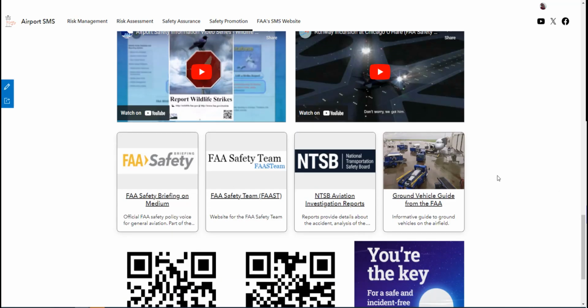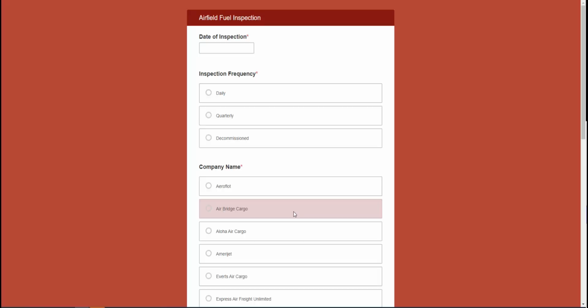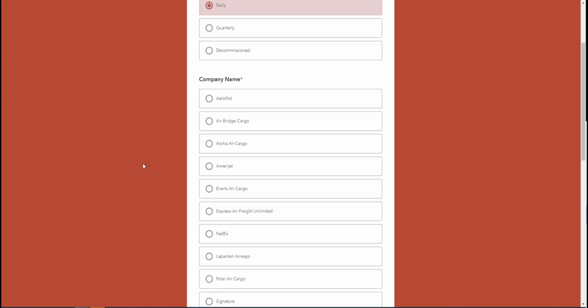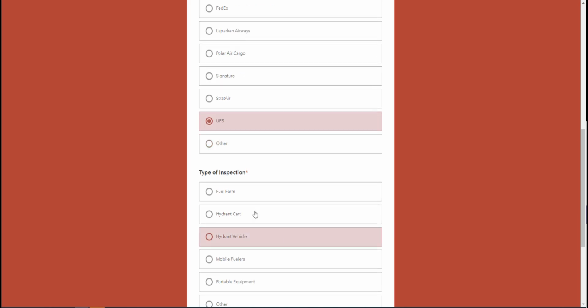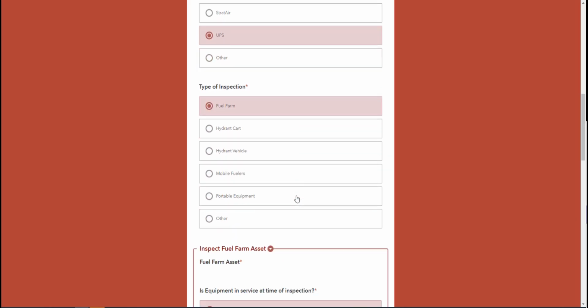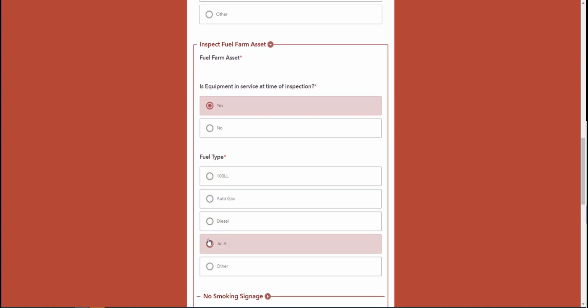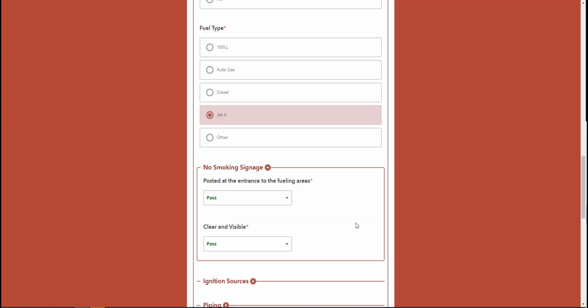Other safety components can be included here, and don't forget we've got these forms that are quick and easy to access. Your tenants would be able to use a form like this to go out and do your daily fueling inspections. It doesn't necessarily have a map associated with it because many of those assets are movable, but a tenant would go out and then use this to do their daily inspections, so like I'm doing here. So for auditing purposes, you need to be able to prove to the FAA that these programs are live and ongoing, and this set of tools gives